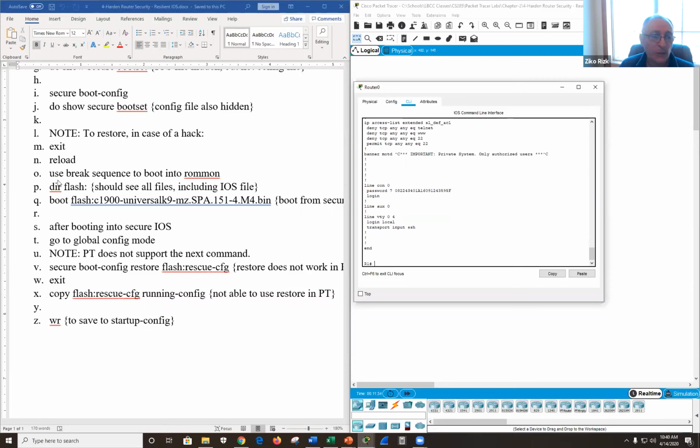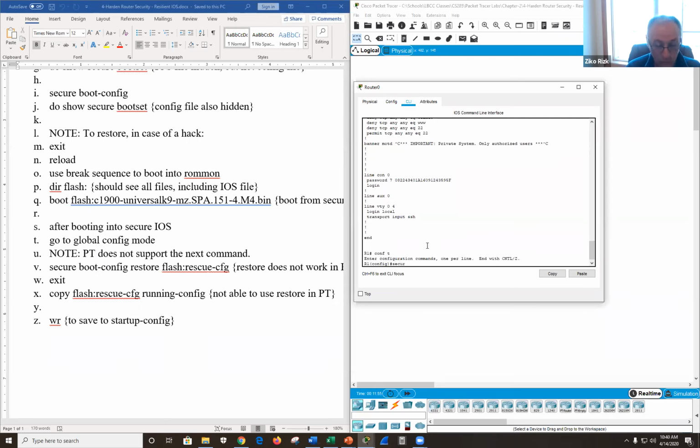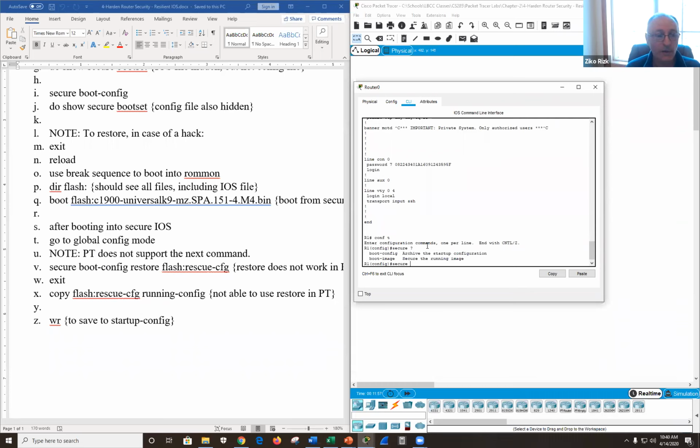And then these are the commands that you do, and unfortunately Packet Tracer doesn't support it. So I'm showing you the commands, but I can type them, but I will get error messages. For example, if I was to go to conf t, I can do secure ? And I can do secure boot config.